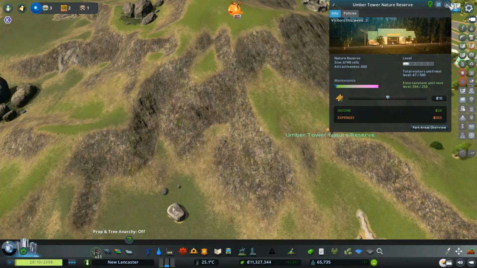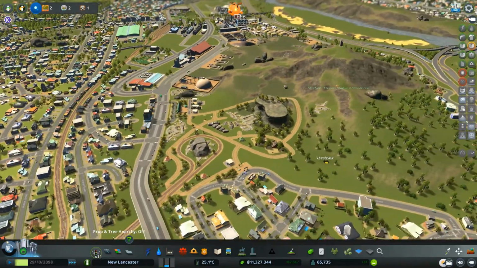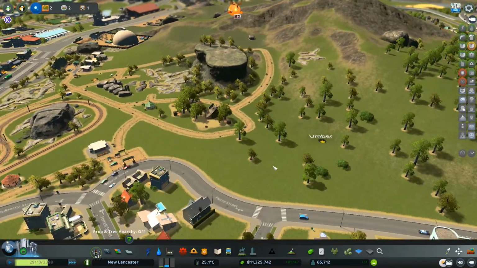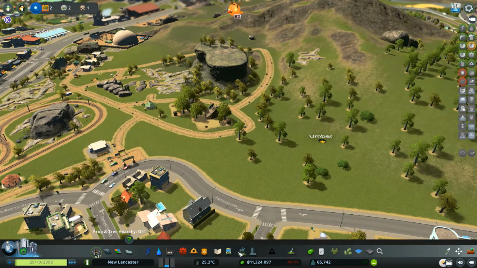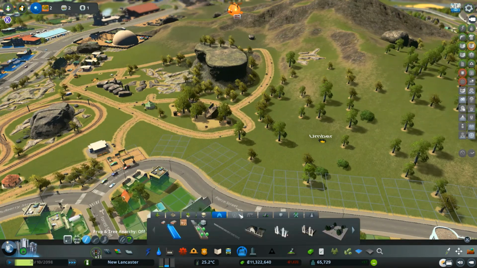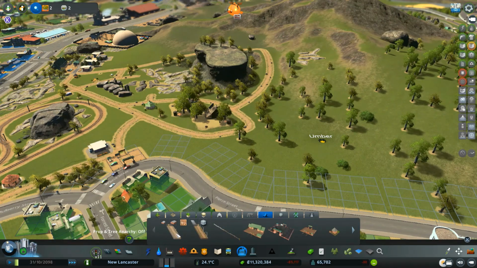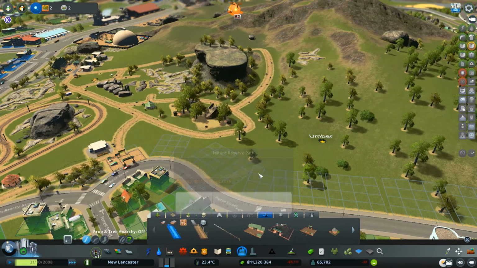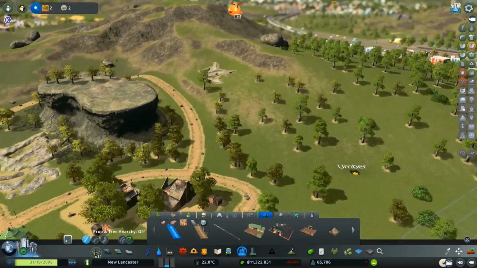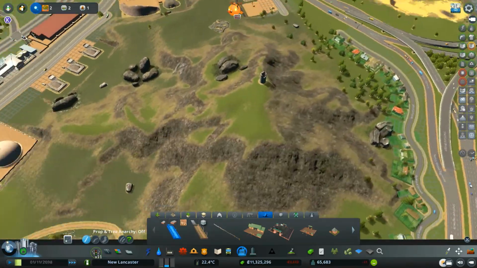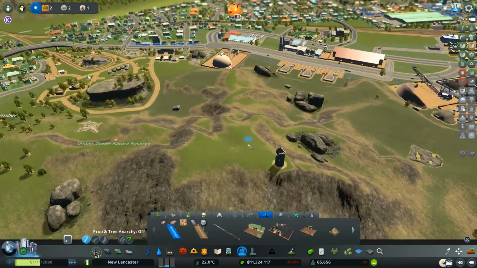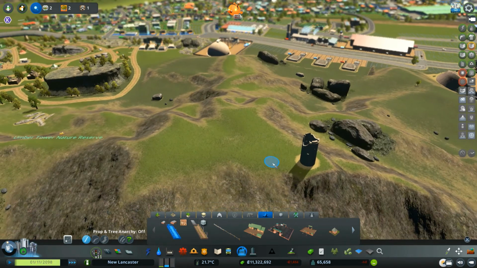And it's going to take a while to level up. So just to kind of conclude this area a bit, I'm just going to start dragging out some pathways. So I'm going to take off the decorative path now. And how are we going to get up to this mountain? Or this little cliff right here.